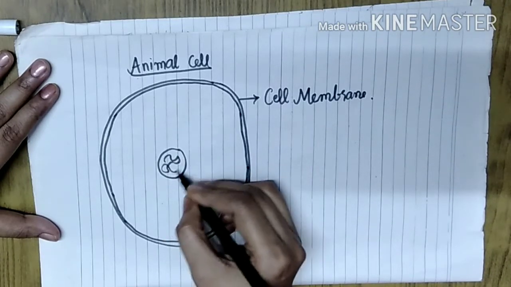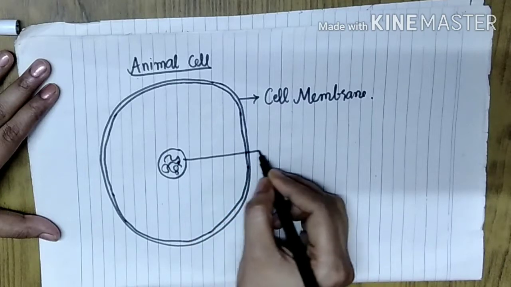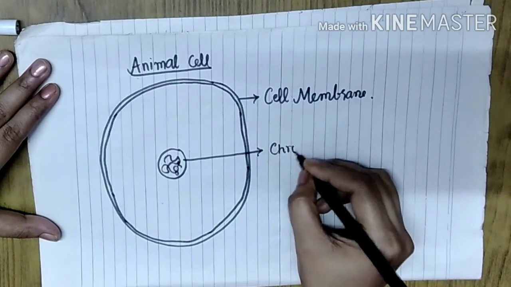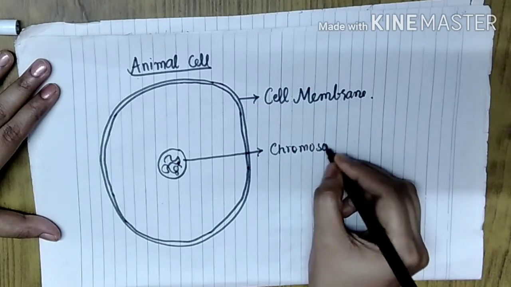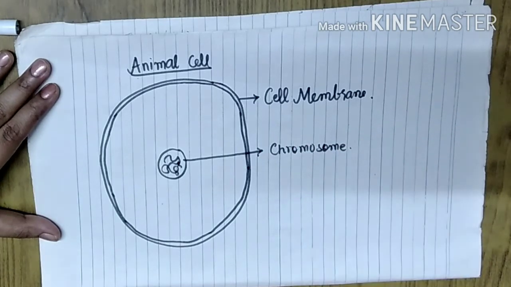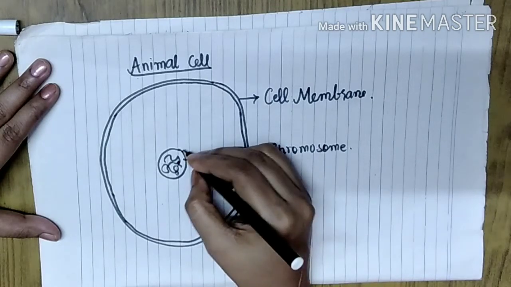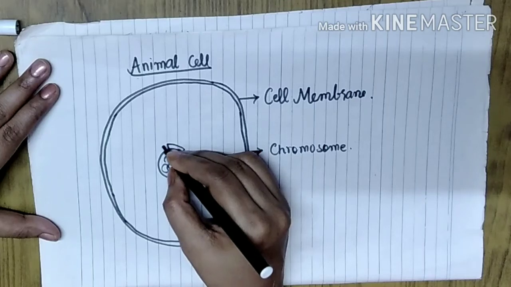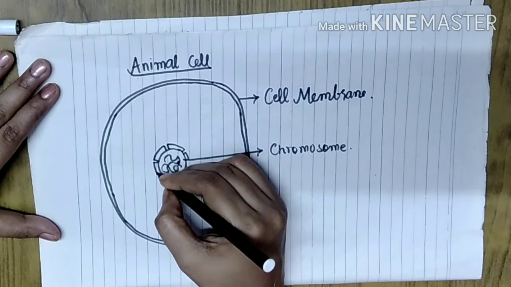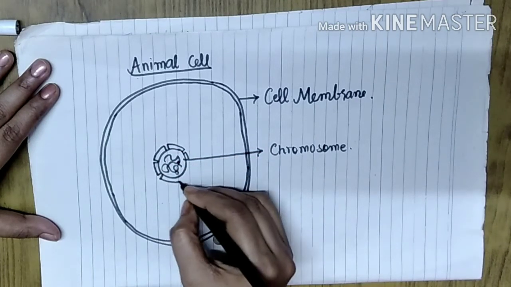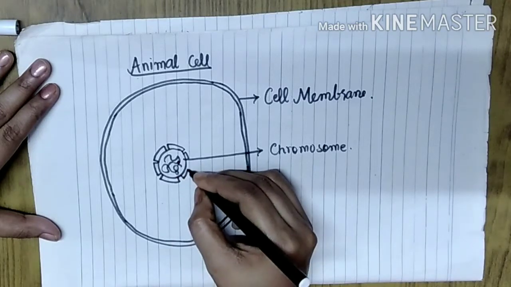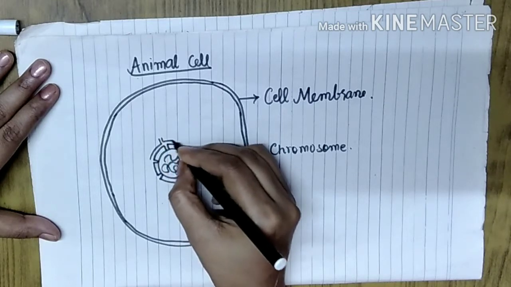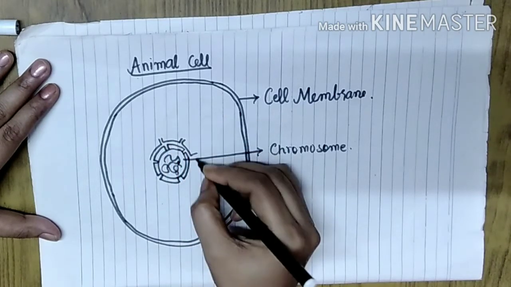In the center you will draw the nucleus, and inside the nucleus you will draw the chromosome, which is also known as the genetic material, that is, we can also refer to it as chromatin. Somewhere it may be written as chromatin instead of chromosome. There are nuclear pores in the structure of this nucleus through which the endoplasmic reticulum is connected, and this endoplasmic reticulum is a network of flattened thin tube-like structures throughout the cytoplasm.